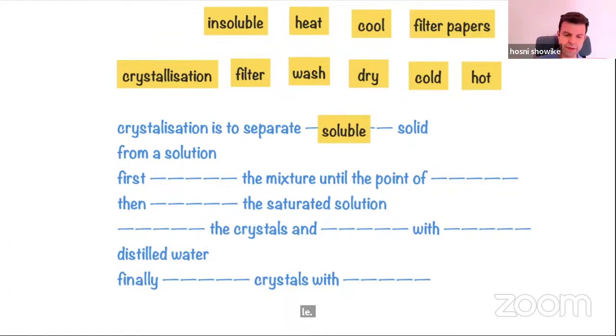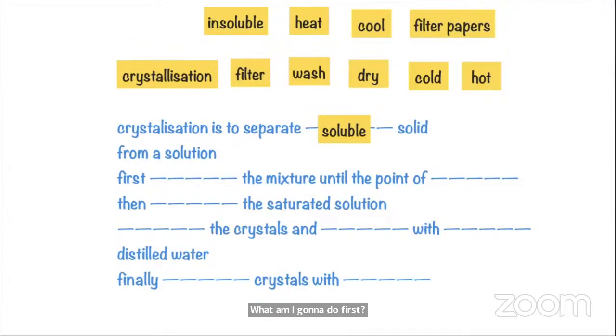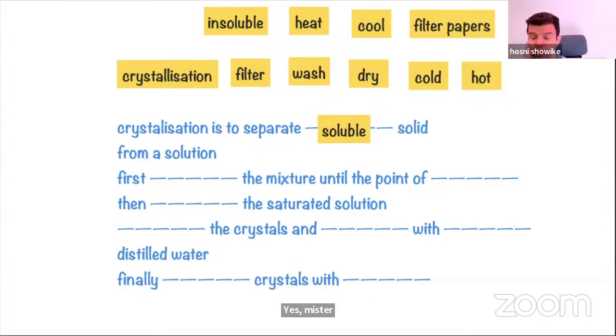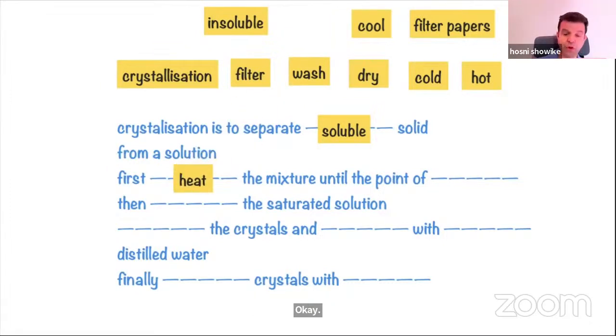Next thing it says here, heat the mixture until wet. What am I gonna do first? Amar or Rabi? Yes, Mister. So what am I supposed to do? What was the first thing we did to the salt and water to separate the salts? First, I have to do what? Heat. Very good. So first step, I have to heat. About your question on the chat, you can do crystallization for